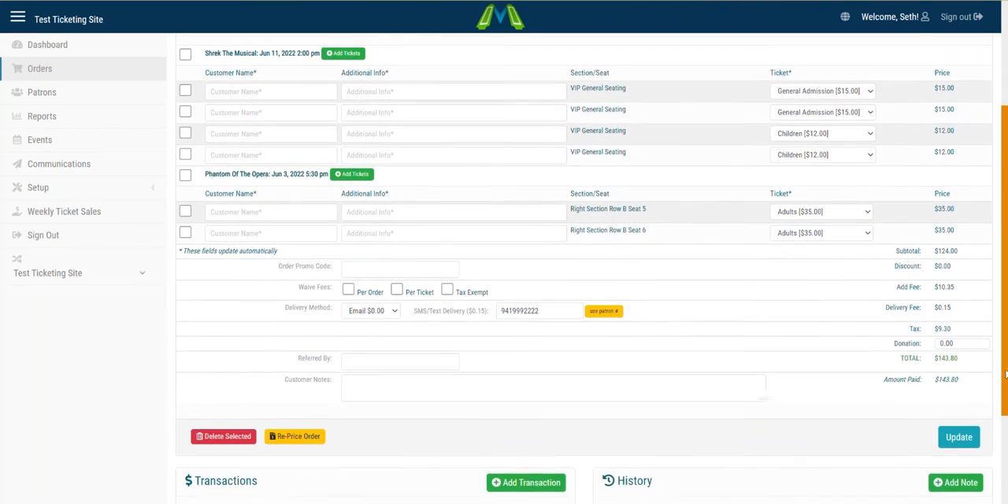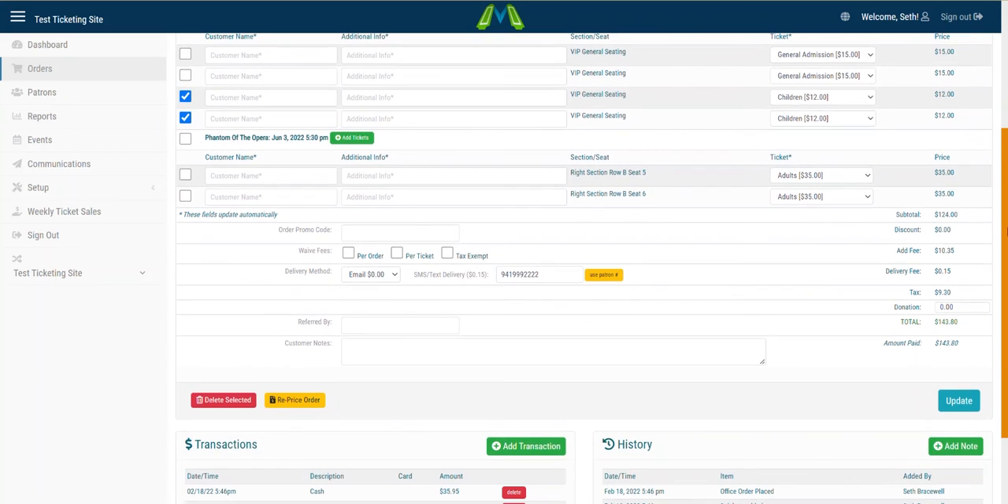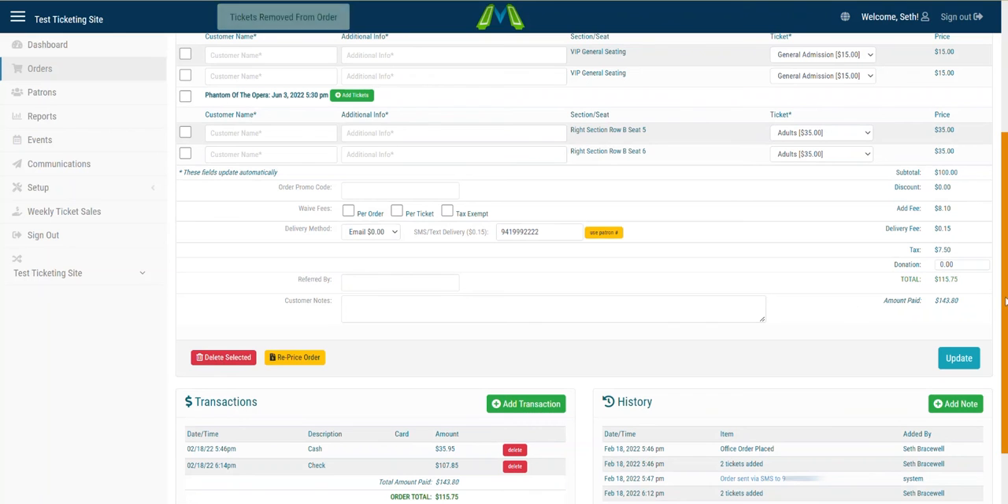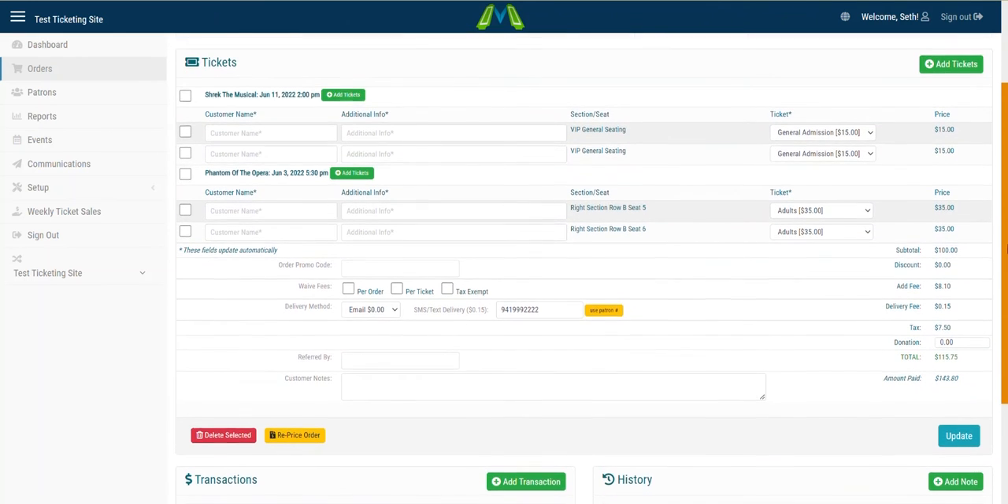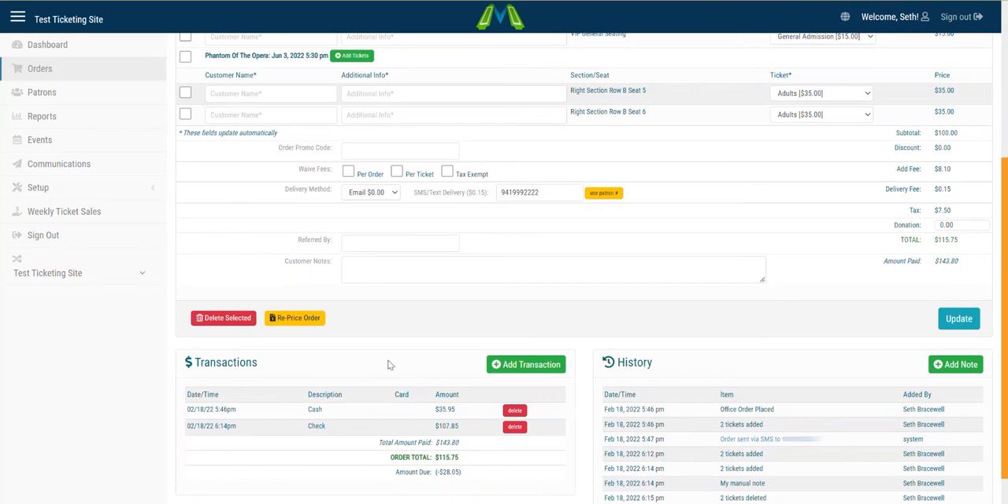If you need to delete tickets, if you click here, that'll select all of them. Or if you want to just do a few, you can delete selected tickets there, and that will remove the tickets. Every time you add or remove tickets, it should automatically adjust the total. And then you can see here, because we removed tickets, the amount due changed because now they've overpaid. They've paid 143, and the total is only